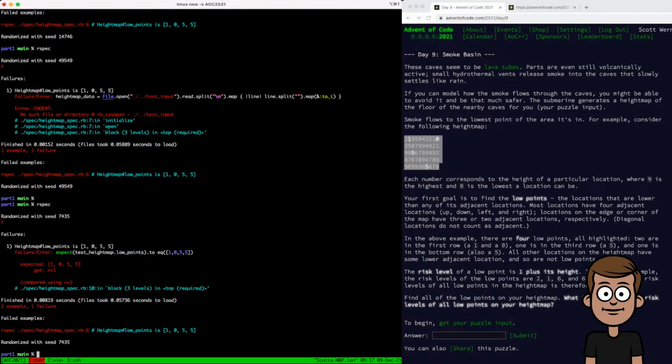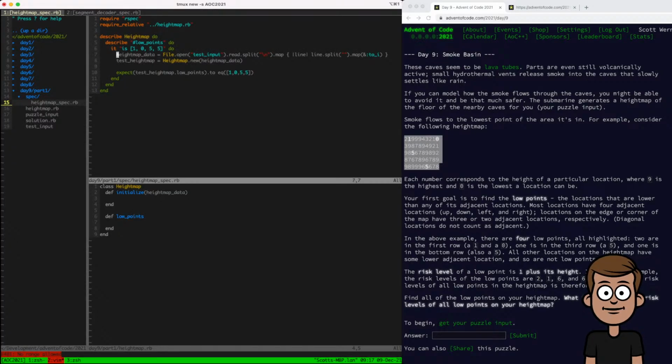That's relative to where I am. Okay, that's fine. Well, it's kind of not fine, but that'll have to do. Cool. So we've got that, and then we do height map data equals height map data, and then we have